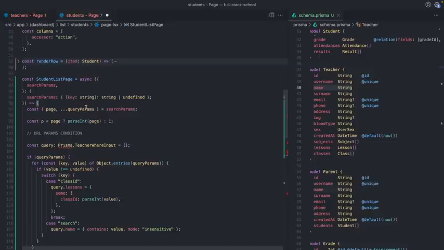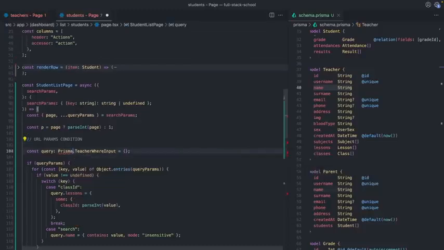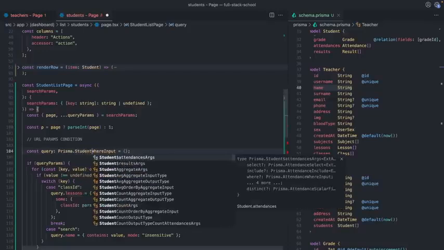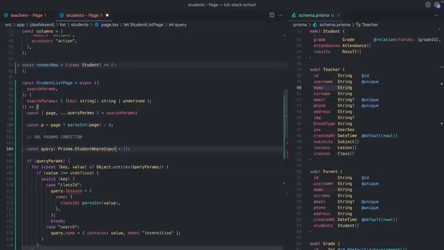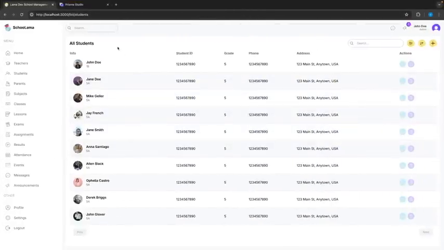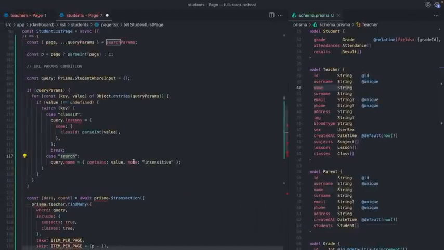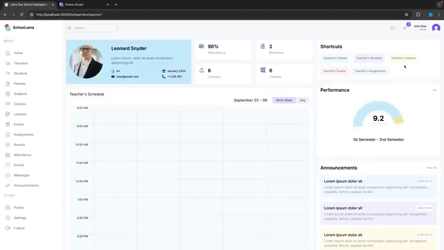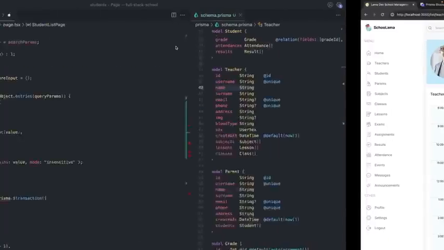We are going to have the page query params. Here is going to be Prisma, student where input, and when we search for anything, we are going to check the student name, so it can stay like that, but we can change here. In the teachers page, and the single teacher, so when I click here, it's going to open up the students list, and we are going to pass the teacher ID as a param, and to fetch all students of that teacher,